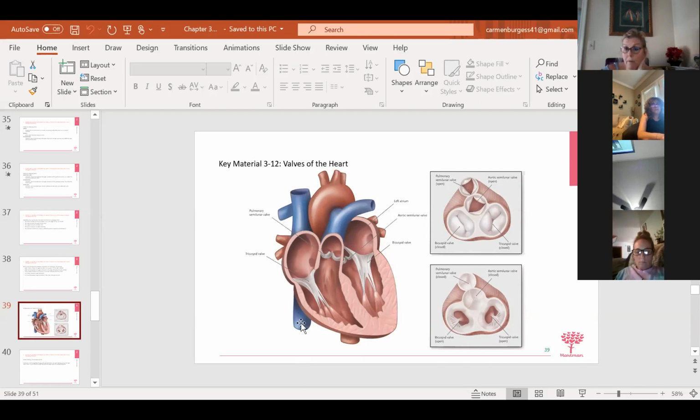This is bringing blood from the feet and legs. This is the inferior and superior. Where are they going? You can't see it, it's behind, but they're both going to jump into the right atrium. So when you're looking at this heart, you know this is the right atrium and this is the left